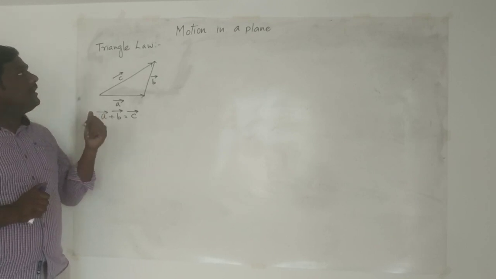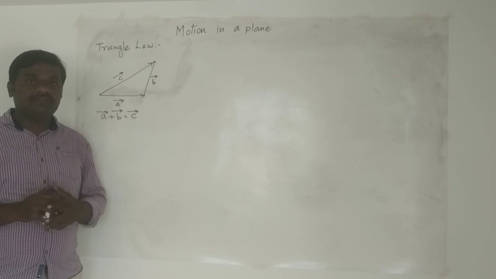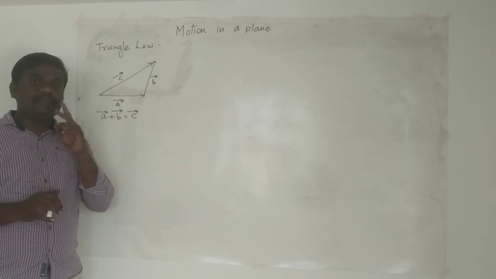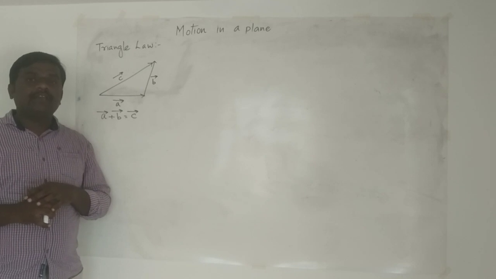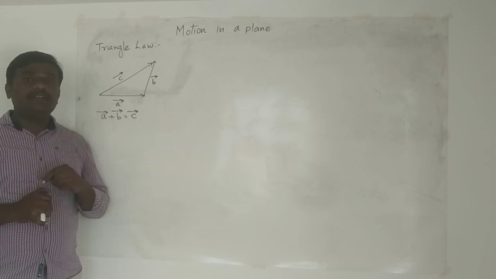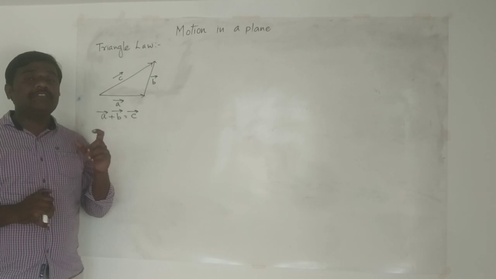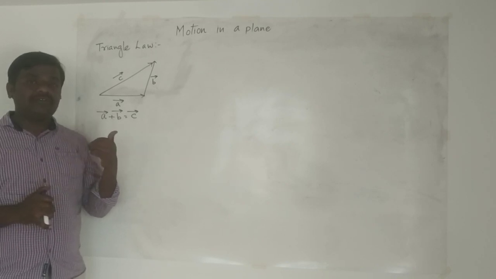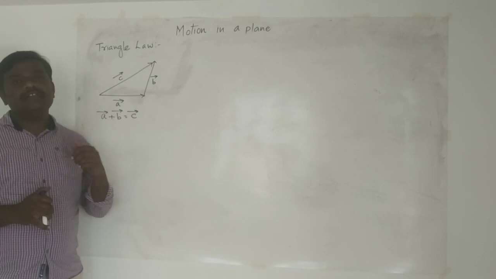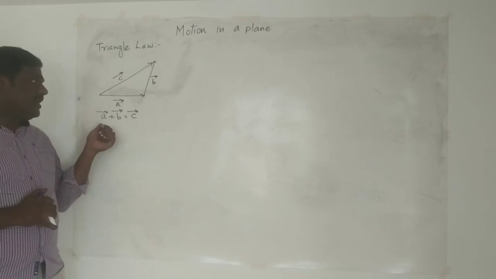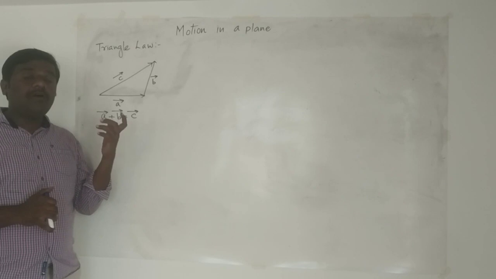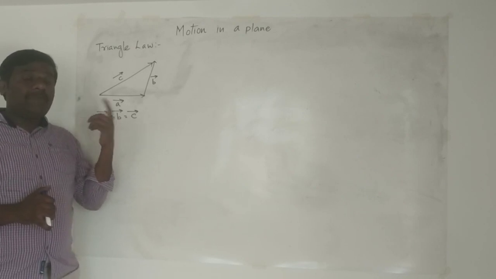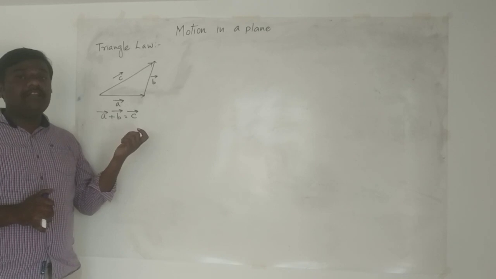Now, what are the limitations of the triangle of vector addition? This is applicable only if two vectors are added. Second, you are able to find the direction along which the resultant vector acts, but you are unable to calculate the actual magnitude of the resultant vector. So I can write here A bar plus B bar is equal to C bar, but how much is the C bar value, and what parameters will the resultant magnitude depend upon?